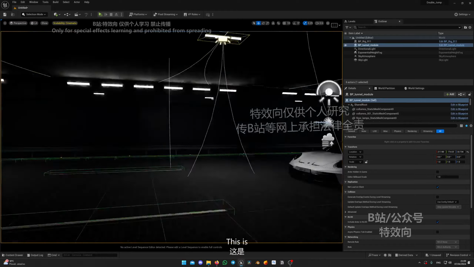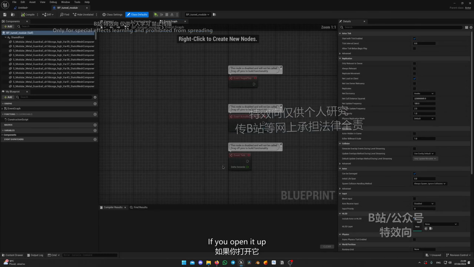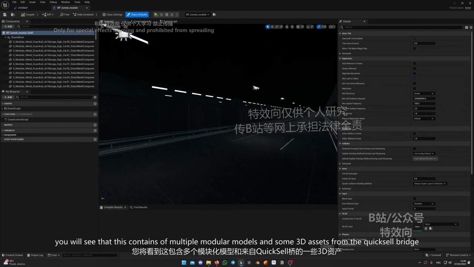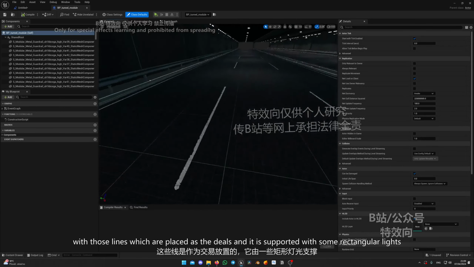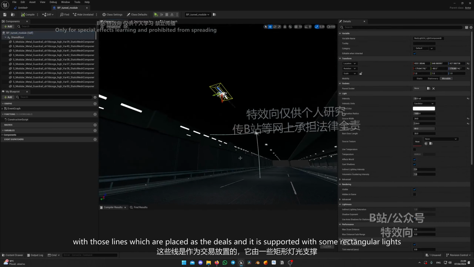This is a simple blueprint. If you open it up, you will see that it consists of multiple modular models and some 3D assets from the Quixel Bridge with those lines which are placed as decals, and it is supported with some